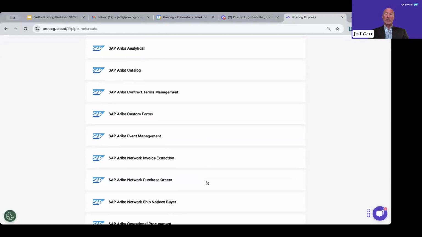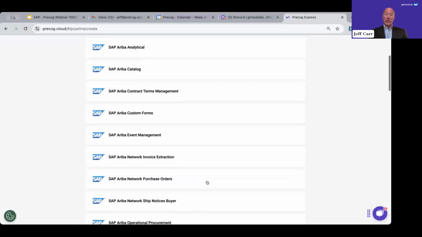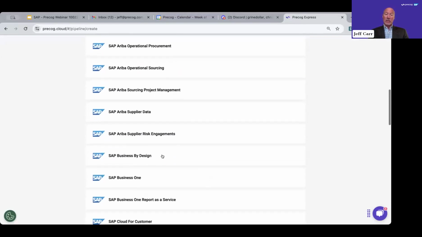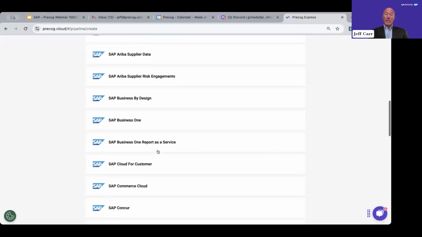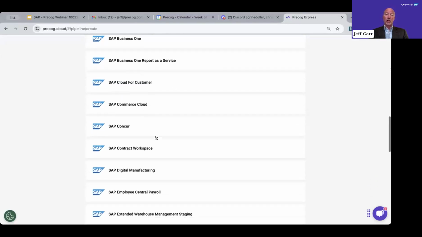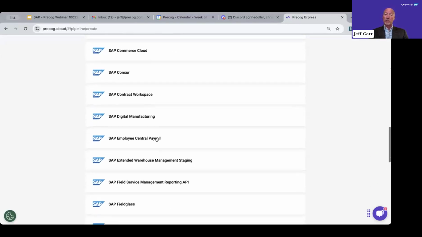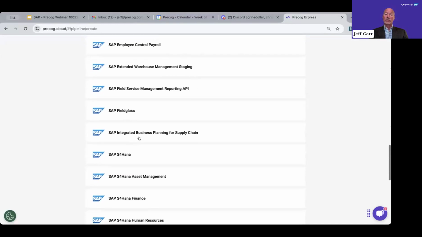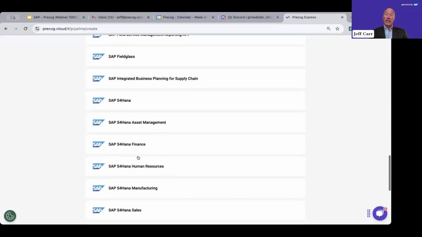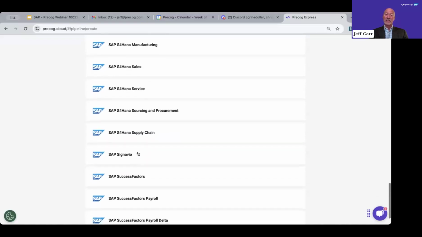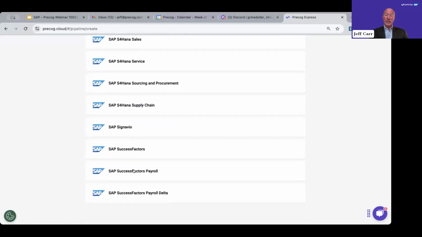This is the platform we were just in, and you can see as we go through, these are all the available SAP integrations today. So you can see there's a number for SAP Ariba because it provides multiple APIs, but there's also SAP by Design, SAP Business One, Business One Reports as a Service, Cloud for Customer, Commerce Cloud, Concur, Contract Workspace, Digital Manufacturing, Employee Central Payroll, Warehouse Management, Field Service Management, Fieldglass, Integrated Reporting for Supply Chain, HANA Asset Management, Finance, Human Resources, Manufacturing, Sales, Service, Procurement, Supply Chain, Signavio, SuccessFactors Payroll.